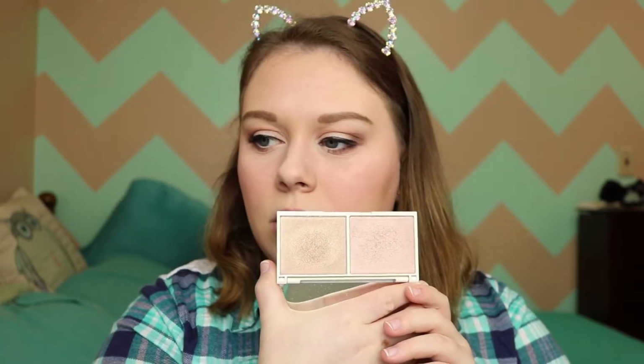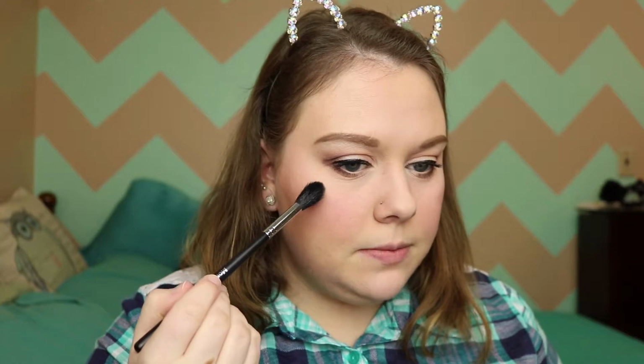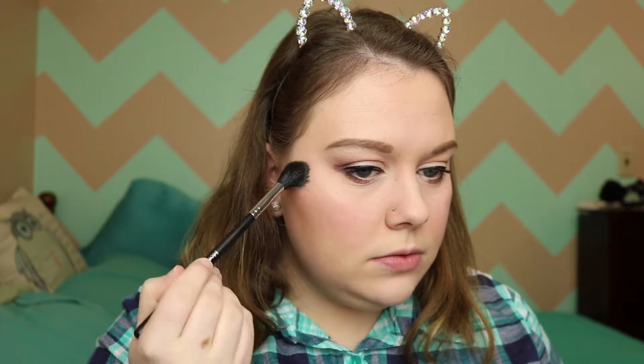Alright, then I'm going to go ahead and go in with my highlighter. This is the Jessica Liebskind one. You can't even see it. Oh, there you go. Vintage brand highlighter, and it is in Rose Quartz and Chocolate Diamond. These are gorgeous highlighters. I'm obsessed. I'm just going to mix both of them using my Morphe M501 brush. I'm going to apply that right on my cheekbones here, a bit on my nose,